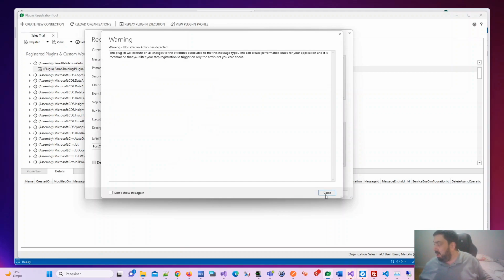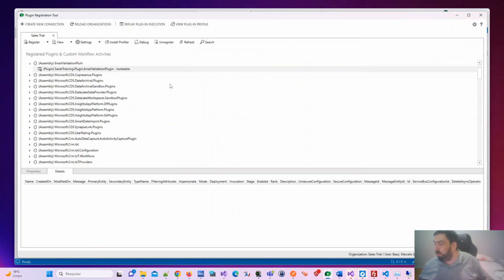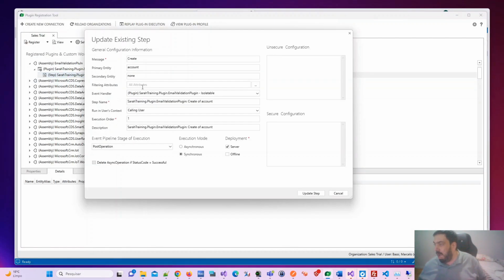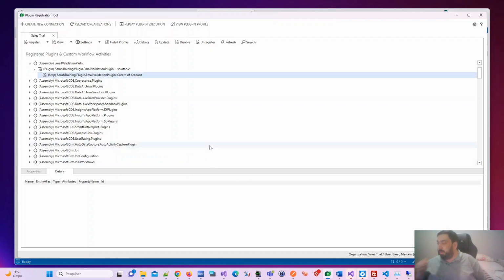Register step. It warns me that I didn't put any attributes on the filtering attributes. This is an issue because every time an attribute is changed, the plugin is going to be called. Okay, this is not good. Okay, but for now it's okay. So the plugin is registered, the step is registered, everything is okay. So now